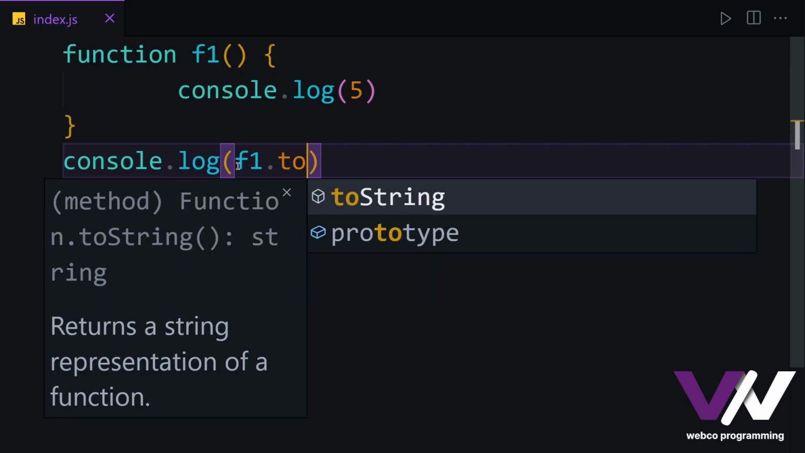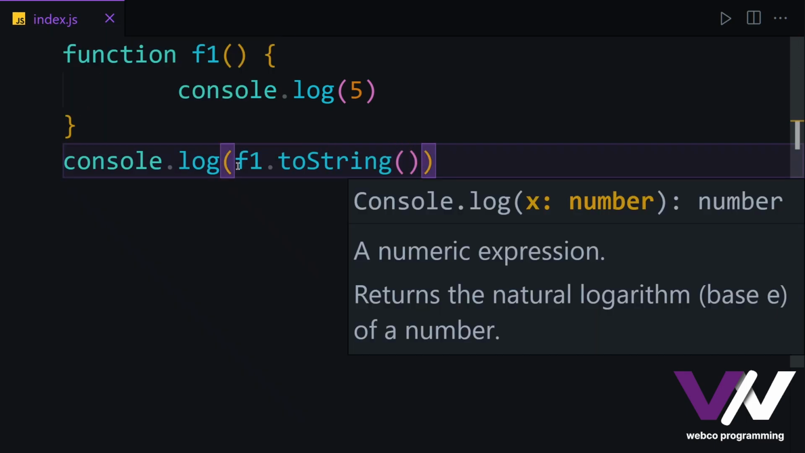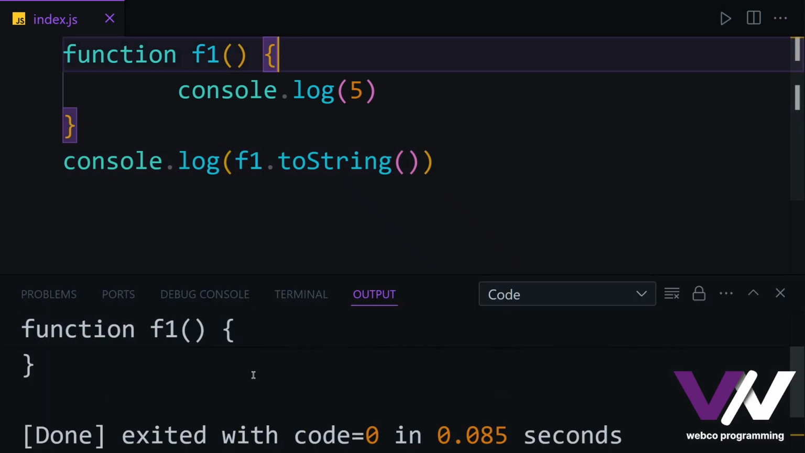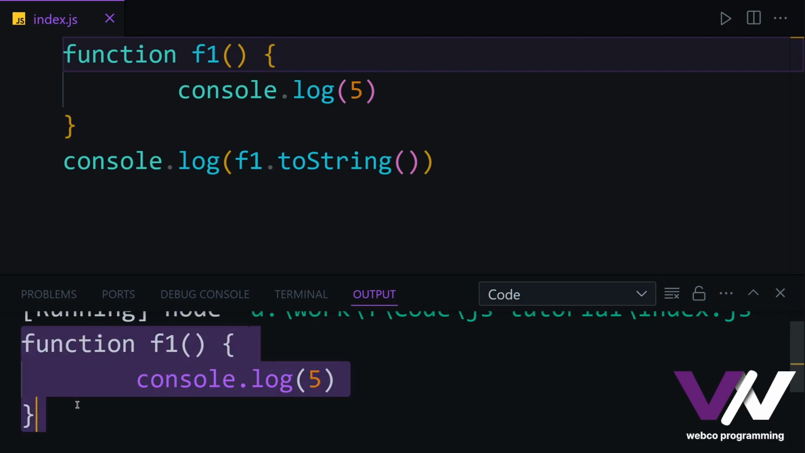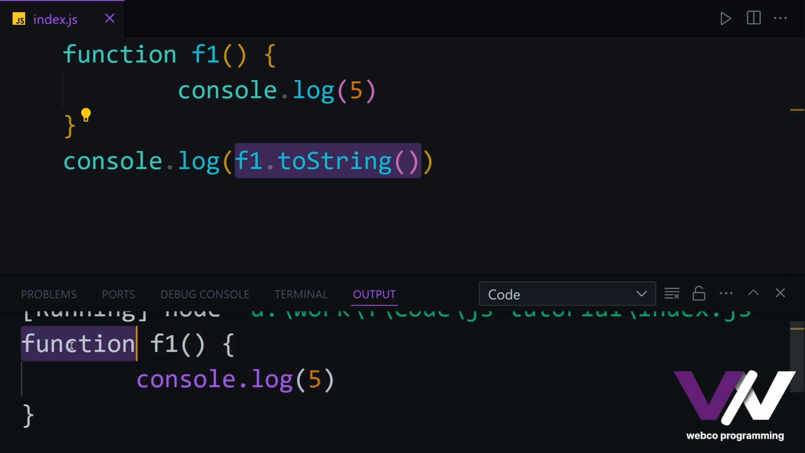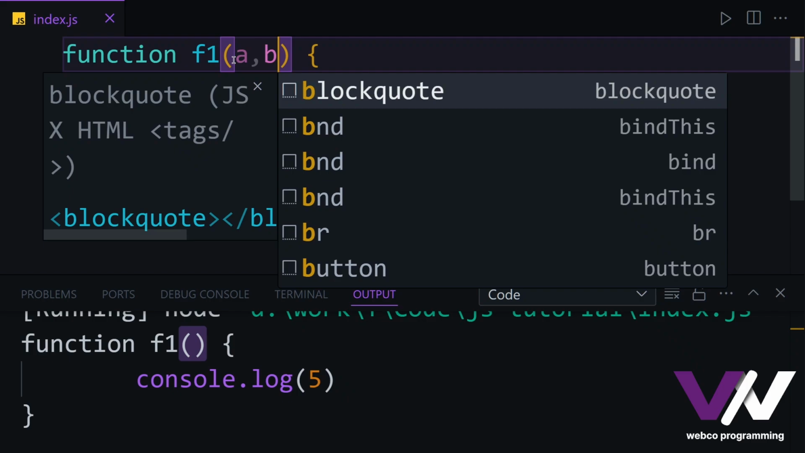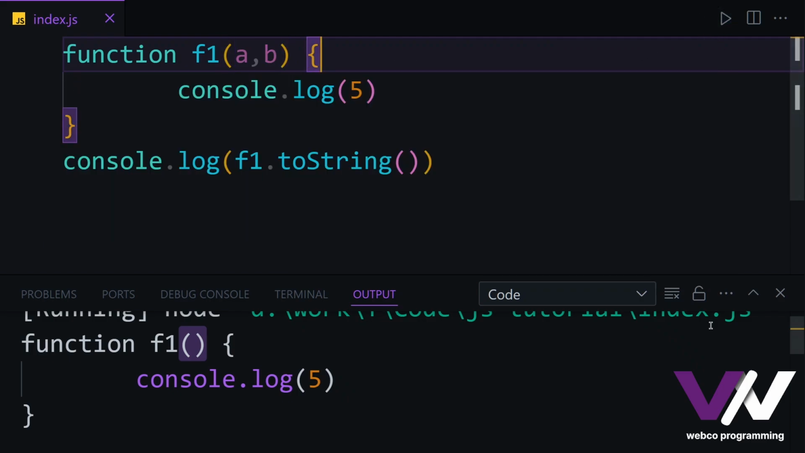For example, we can use our toString method right here, and if we run, you can see that we got a string of our function. So this is what f1.toString has returned to us, a string version of our function. And pay attention that we have this function keyword and the name of it. If we have any parameters, for example, let's say we have a and b right here, and if we run again,